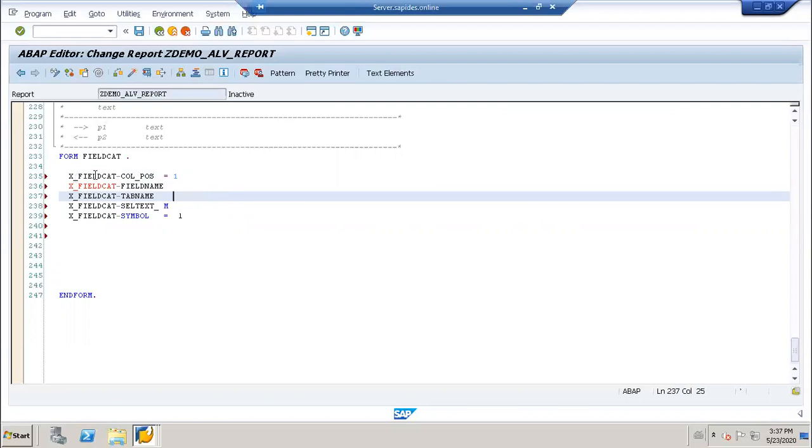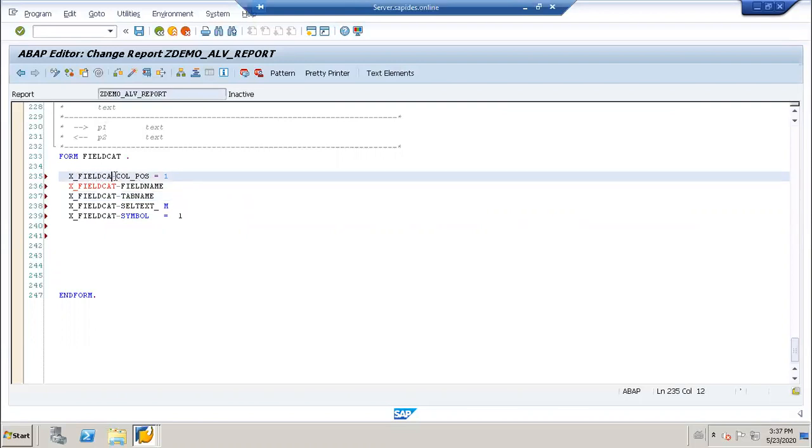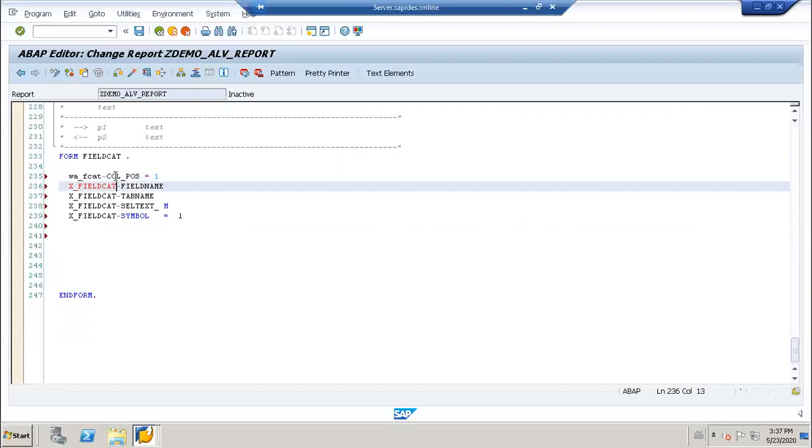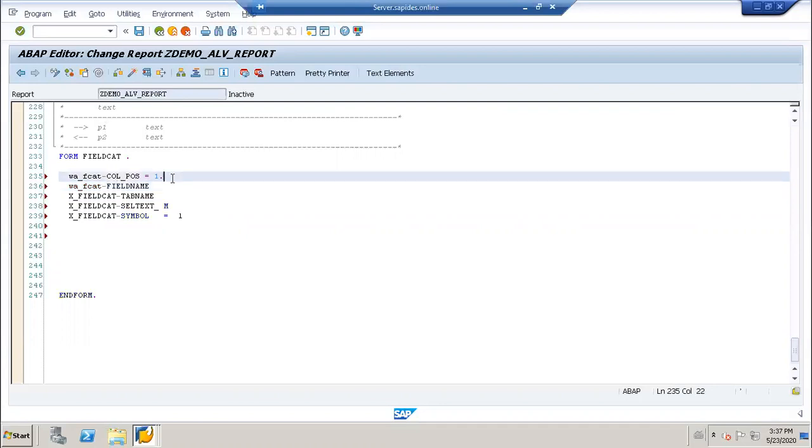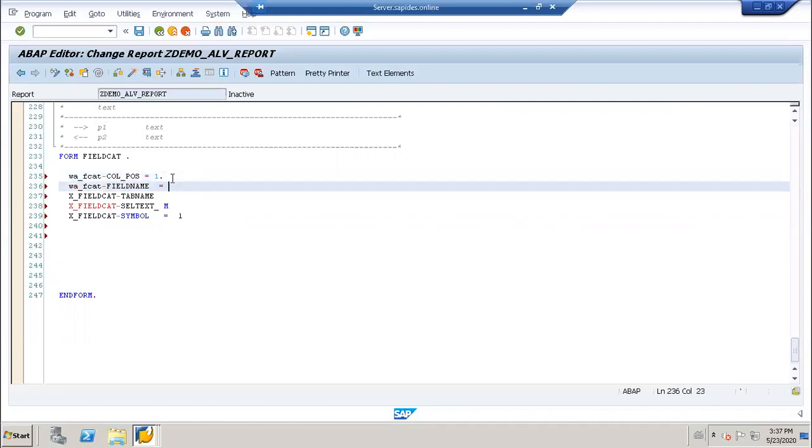So here, what I'll write. What is the field name?